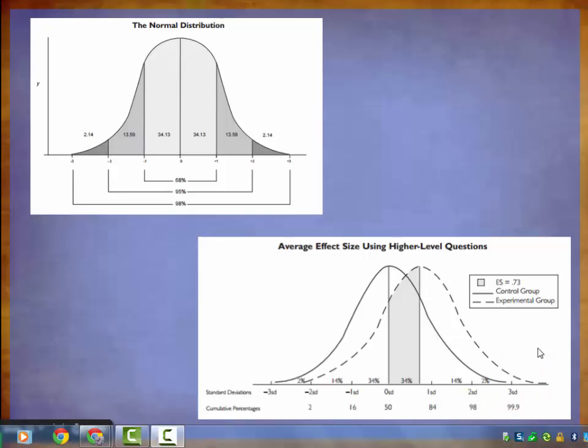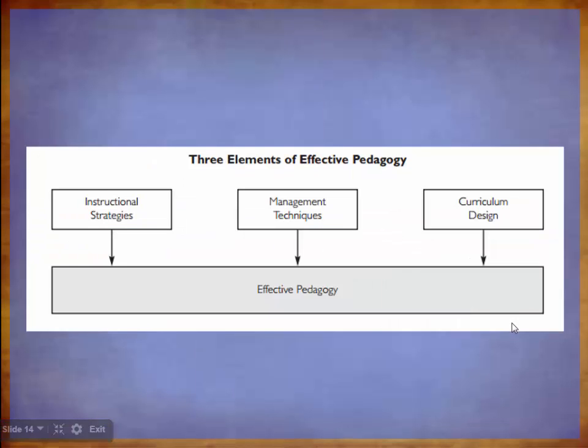The graphs display normal distribution of student achievement, or the bell curve. Marzano and his team show that content literacy strategies have the potential to raise student achievement exponentially. However, the application of these strategies and other factors like poor classroom management and curriculum design can mitigate the success